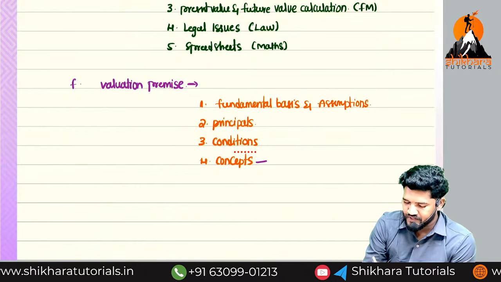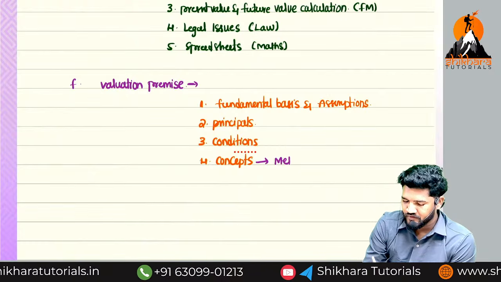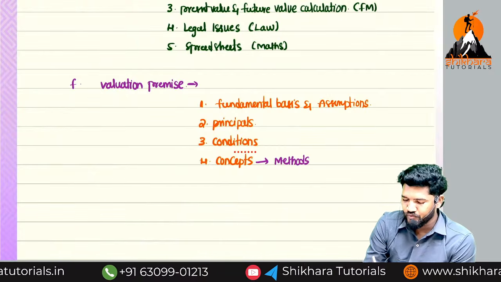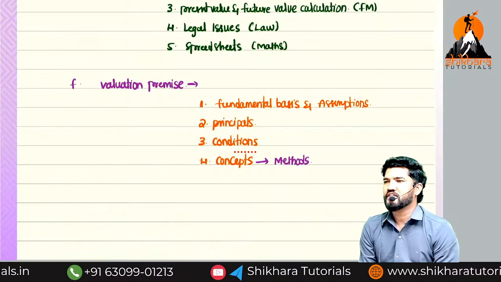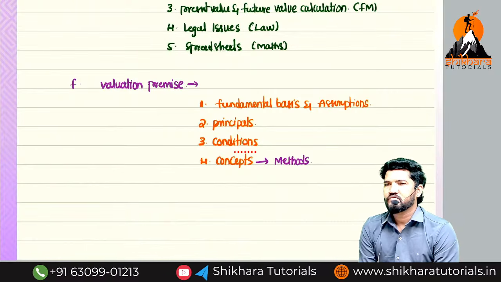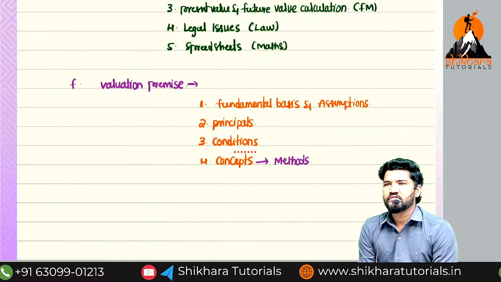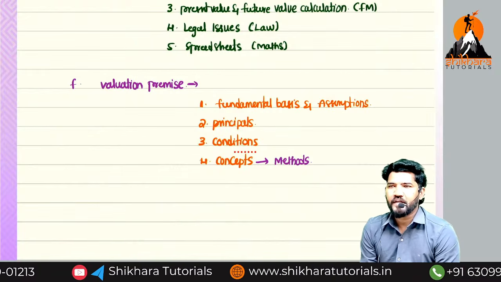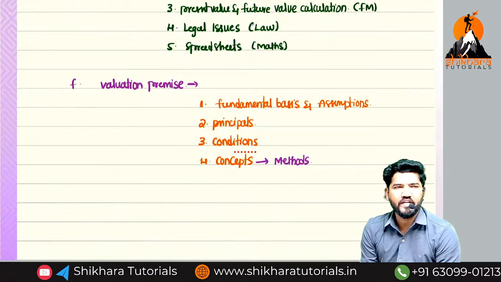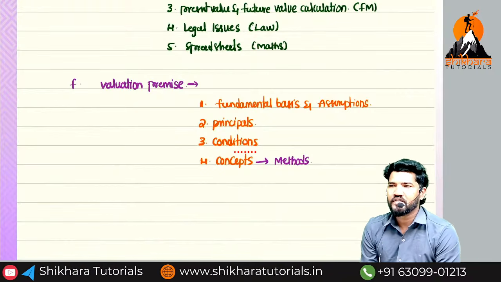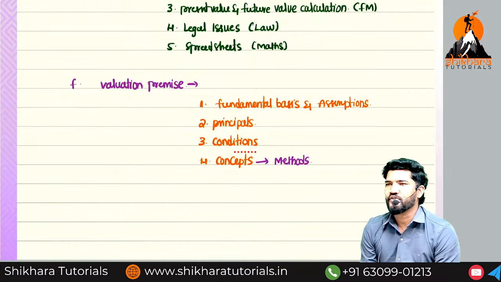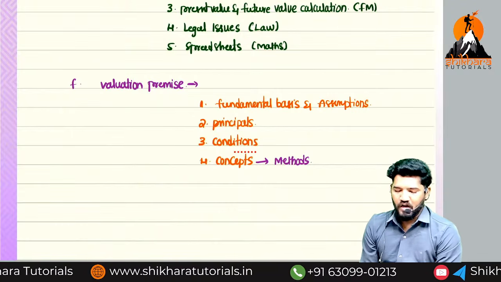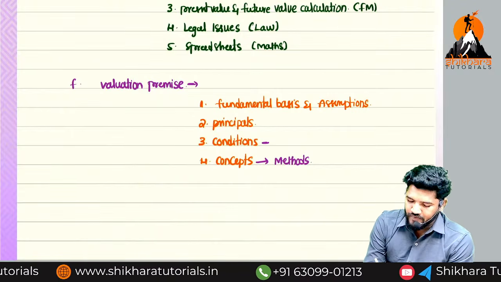These concepts are nothing but the methods we are using. You already know the methods list. What are the methods we have, Nana? Market price method, company comparable multiples, company comparable transaction, discounted cash flow method, earning capitalization, cost replacement, cost reproduction. Clear now? Now the conditions is nothing but